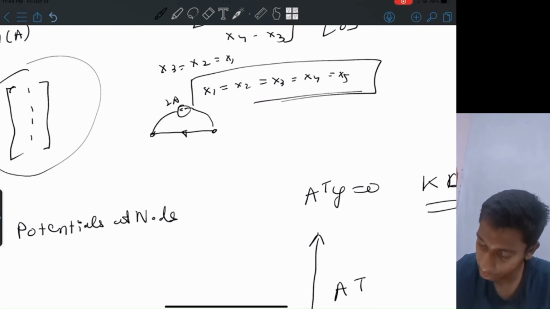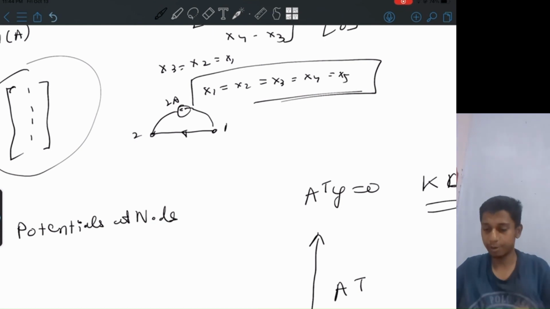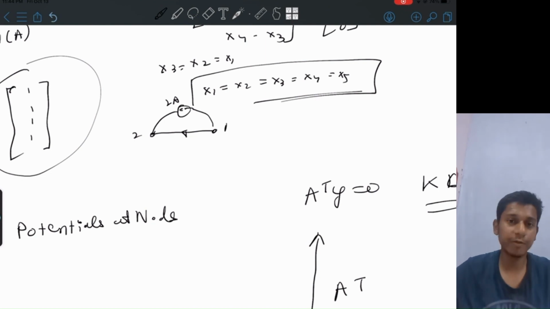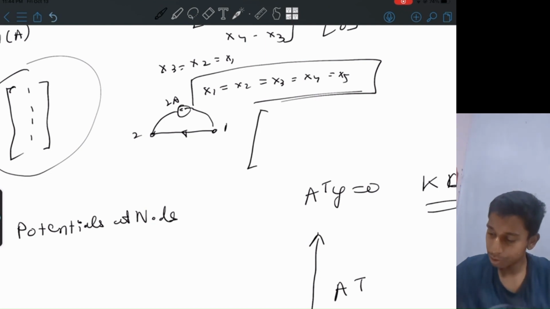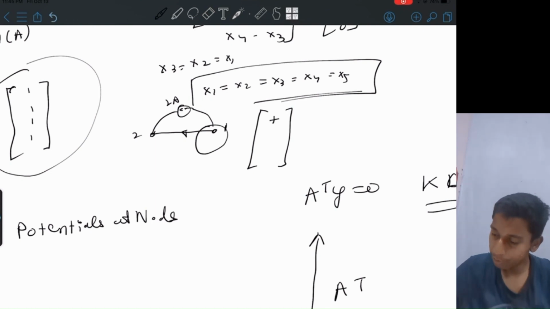Say 2 amperes is flowing into 2 and out of 1, which is externally supplied. So in the loop equations, instead of getting all zeros, the total sum of the edges at node 1 has to be